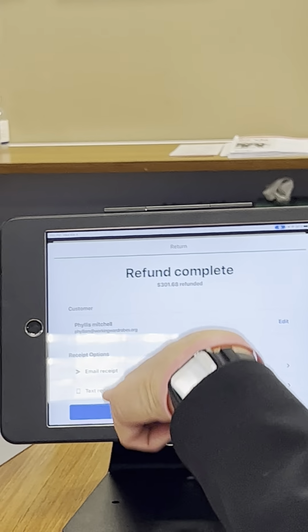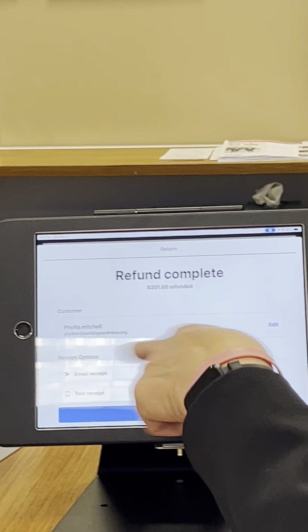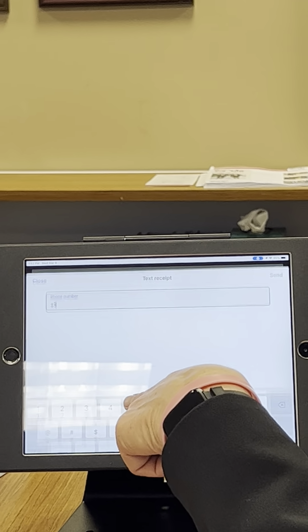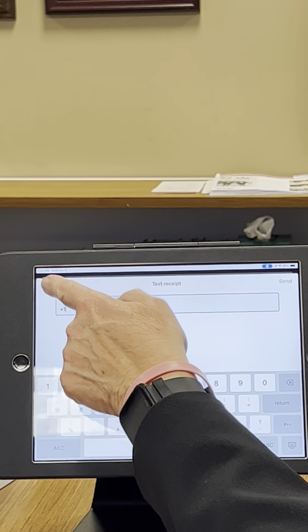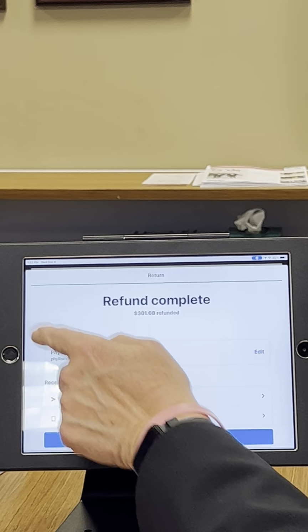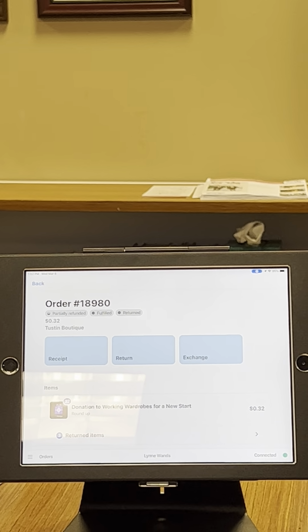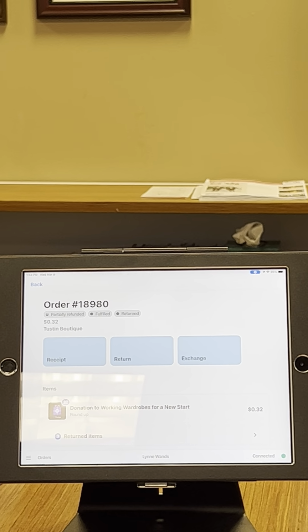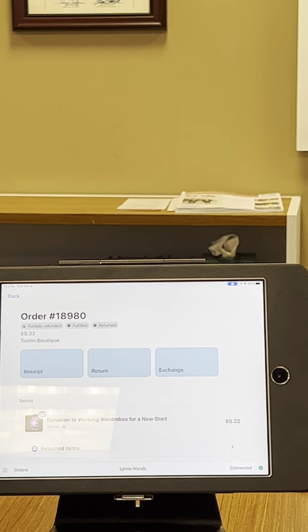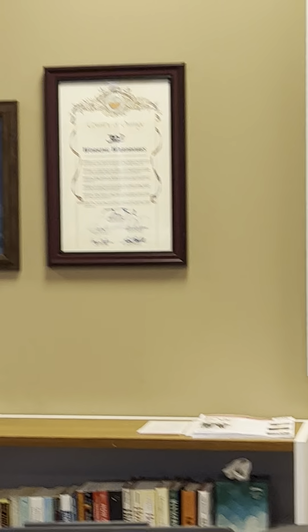Did you push the gate? And done. If I wanted a text receipt, I would put it in here right now. I don't. I just want my money back, done. So now that's been returned to my card. Returned. Okay, you have a receipt in your inbox, ma'am. Thank you. All right, that was a quick sale. So now, I can just